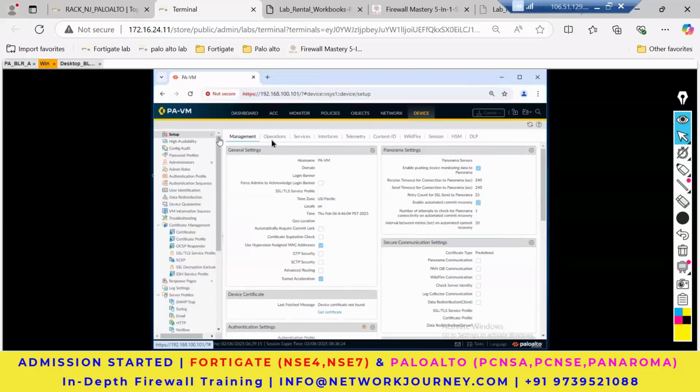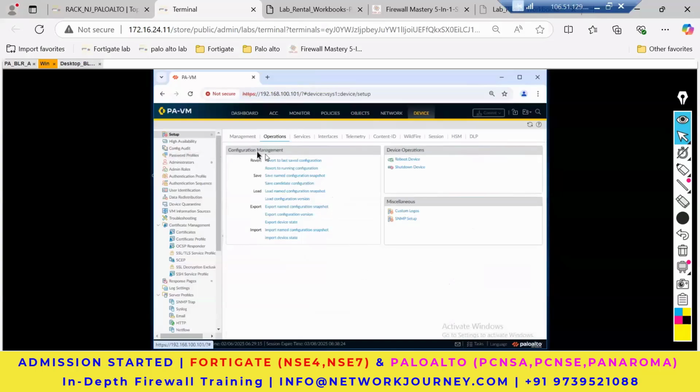So this is under management. These are the management ones. And then there are operations, right? What are the operation tasks that you can do for the configuration? You can revert the configuration to the last saved one, and you can save the configuration. There will be totally 50 configurations that we'll have on these firewalls. Whenever you save, we can roll back, right? And we can export the current configuration into a snapshot